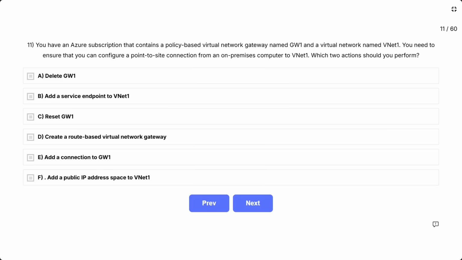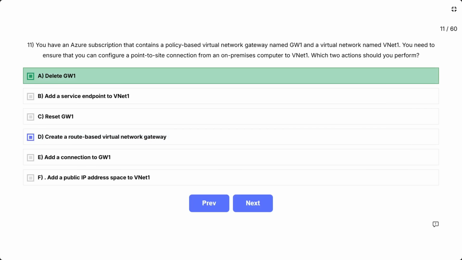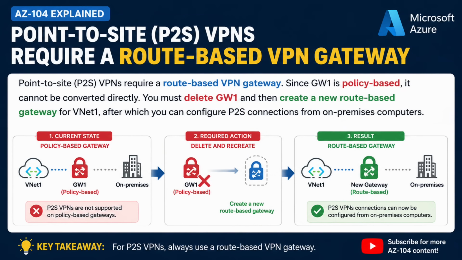Correct answer: A. Delete GW1. D. Create a route-based virtual network gateway. Point-to-site (P2S) VPNs require a route-based VPN gateway. Since GW1 is policy-based, it cannot be converted directly. You must delete GW1 and then create a new route-based gateway for VNet1, after which you can configure P2S connections